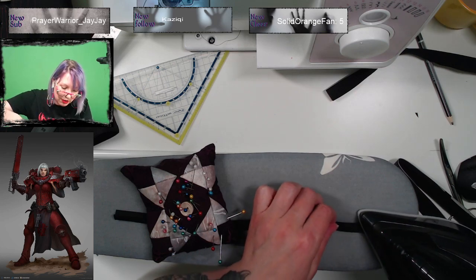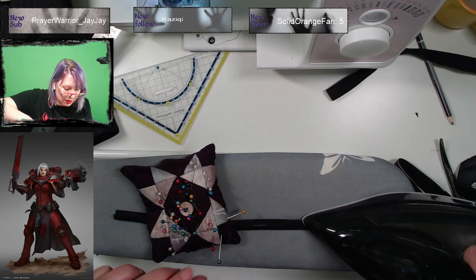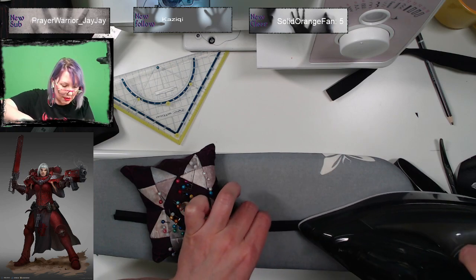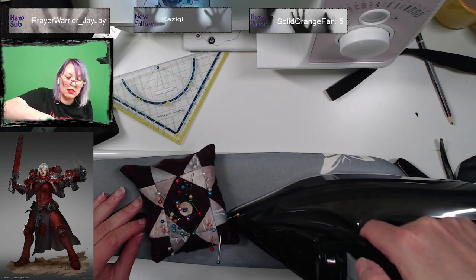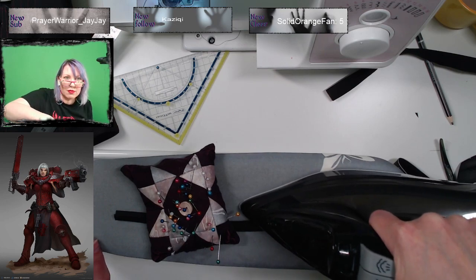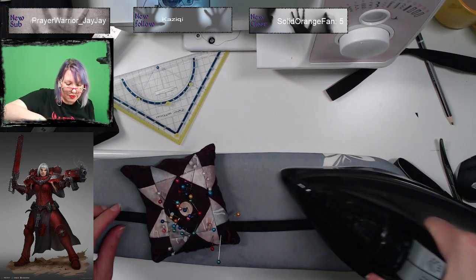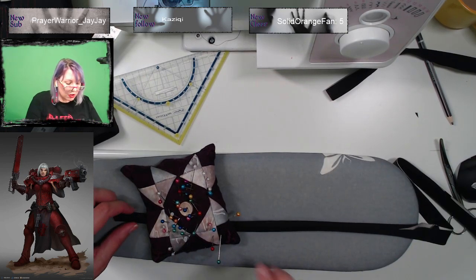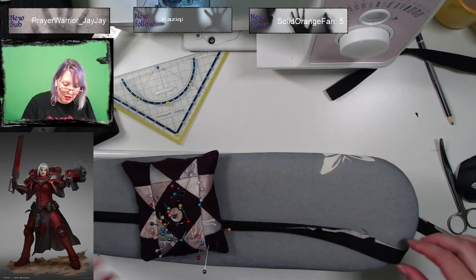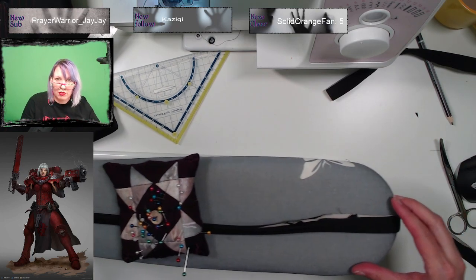Luckily I was fast enough. There we go, a bit of steam. There we go, just pull it through so it can cool down while it's folded.